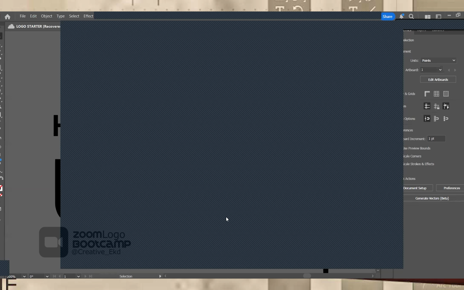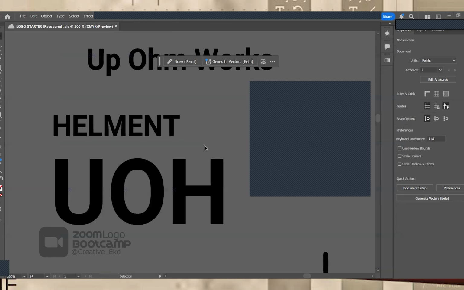So the only tangible one we have right now that we can work with is that helmet. What we can do is start looking for the most minimal helmet design or helmet image that we can get. We don't want to make our logo too noisy. So next, you can search for